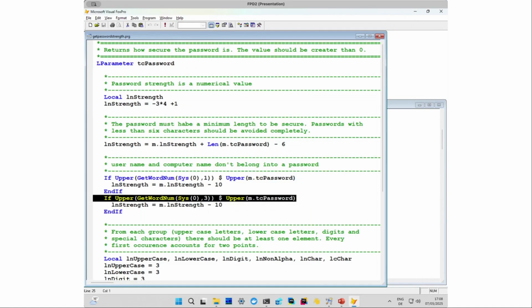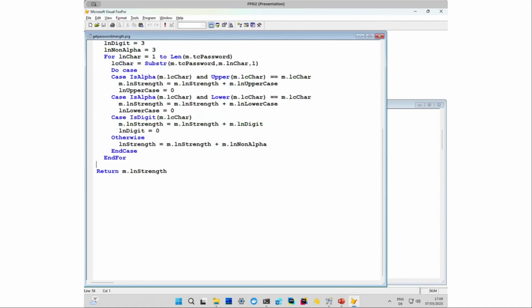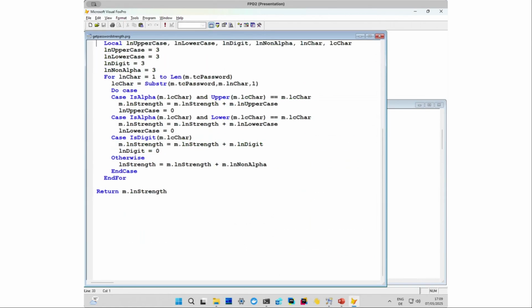You could also check here against a dictionary of common names, because you don't want to have a password that is secret or invalid, even though it's really helpful if the computer says your password is invalid, so you can just type it in. It's not secure. And then next, we go through all these different groups